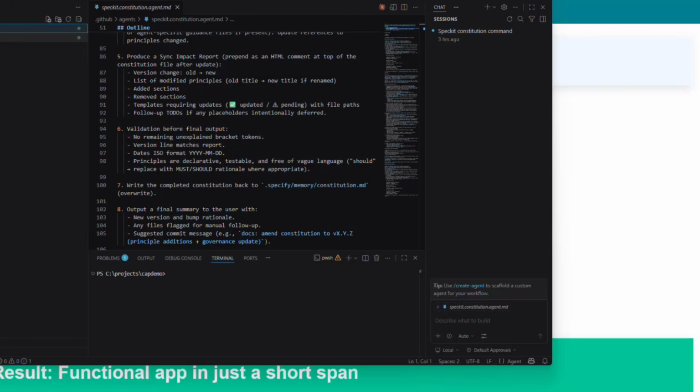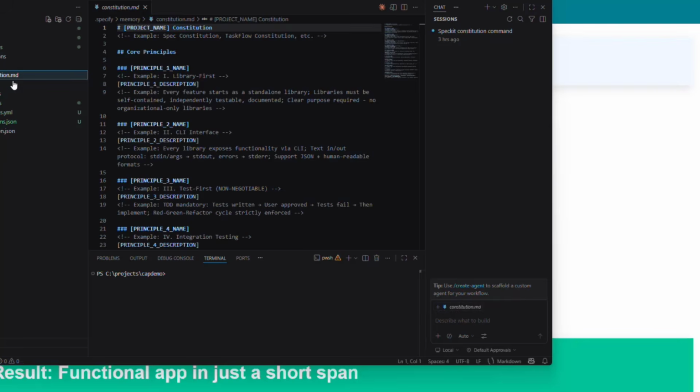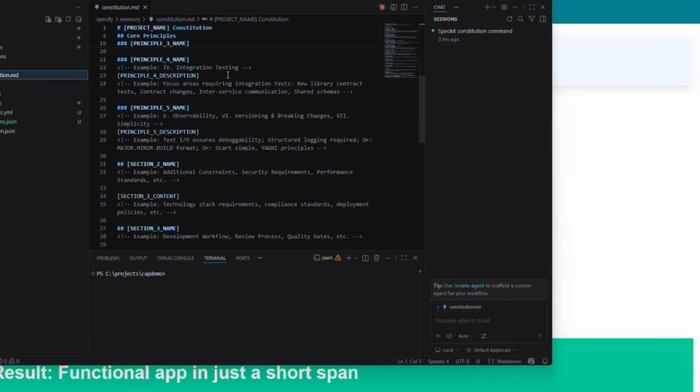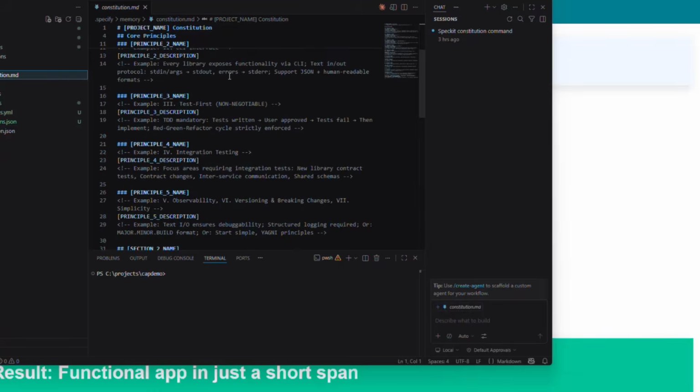The other folder it adds is a specify folder. What you'll see in here is several folders. You can ignore most of them. If you were to install extensions, they would get installed in this extensions folder. Same with integrations. I didn't really touch on that. That's something that's not really in place yet, but it's there. The biggest thing here is this memory folder, and this is where the constitution file will get created. And if you look at it here, you can obviously see it's empty at the moment. It's basically just a blank template, but it gives you an idea of what the structure will be.